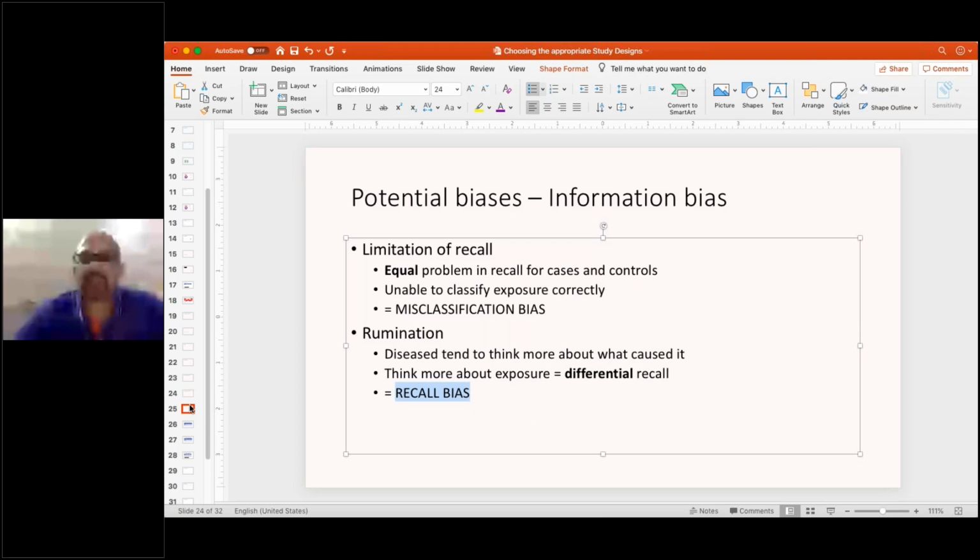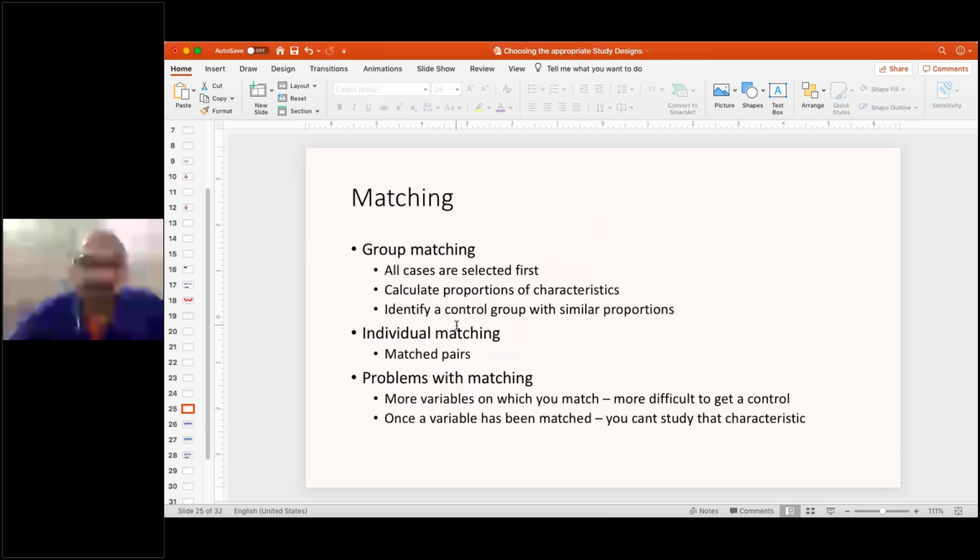Another thing that you will have to do while you are designing your studies in case control designs would be matching. Matching, आपको एक case मिलेगा, उसके लिए आप कंट्रोल मैच करके लोगे। सो मैचिंग ग्रुप मैचिंग के तरीके से होती है when you have selected all your cases first and you have calculated the proportion of characteristics in these individuals and then you choose a control group keeping लगभग मोटे तौर पे ये चीजें बराबर रहें।